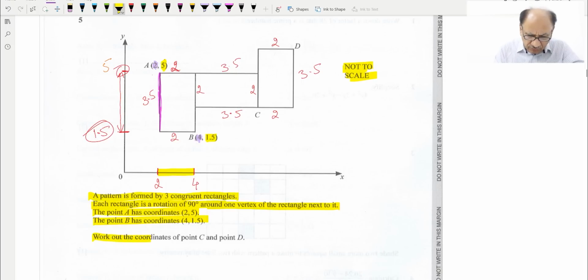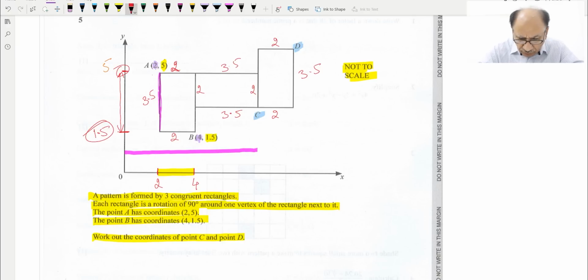Now work out the coordinates of C and D. C is over here and D is over here. We require the coordinates of C and D. For C, we require this one up to this level, so we can add 3.5 in this. So if we check this length, basically